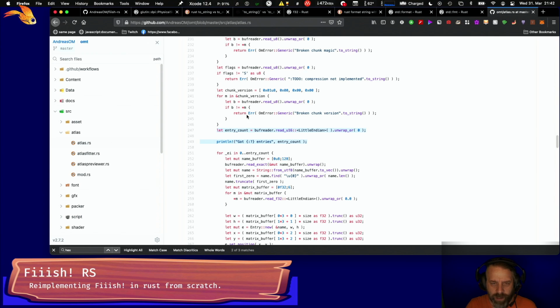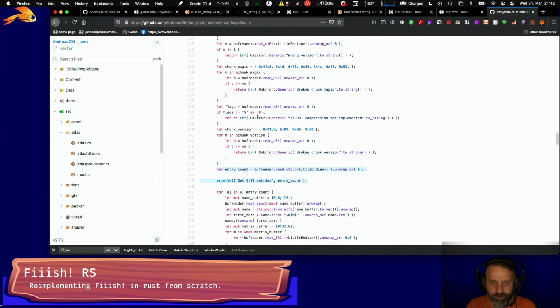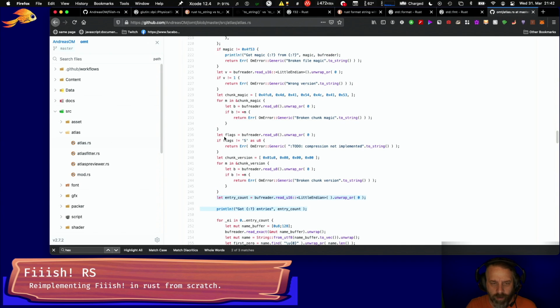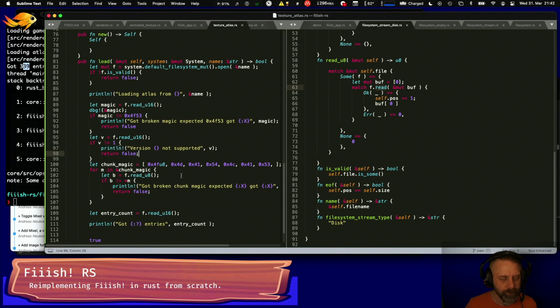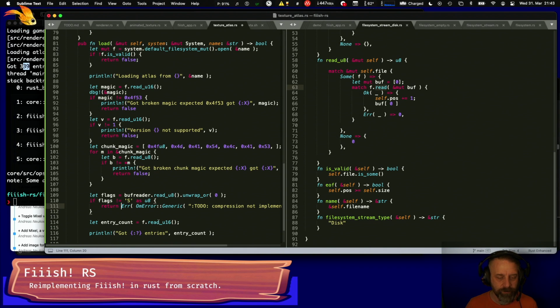We read the magic chunk. Oh, we skipped a few bits. So we read the flags. So this is a chunk magic, then come the chunk flags, and basically